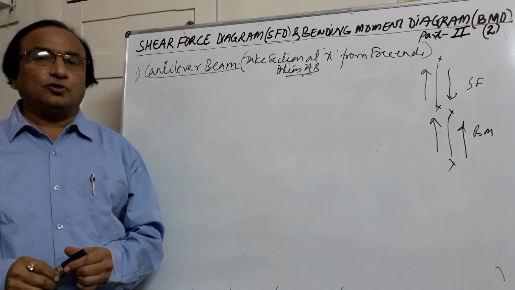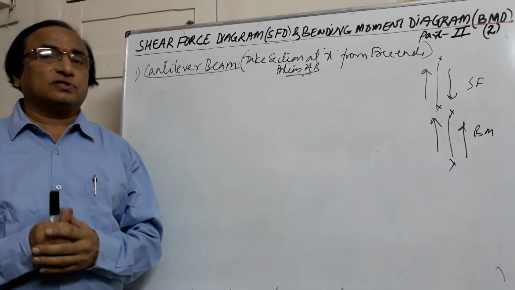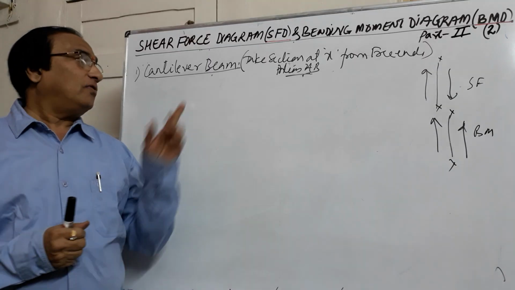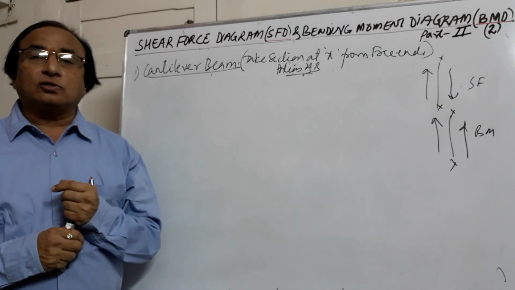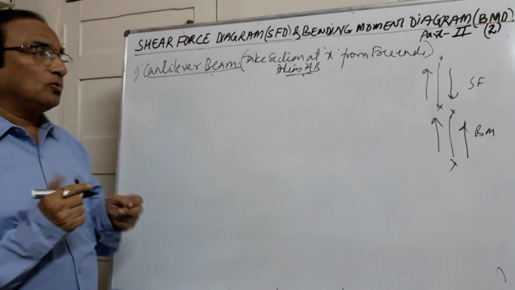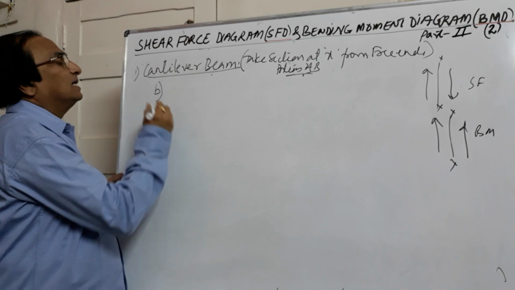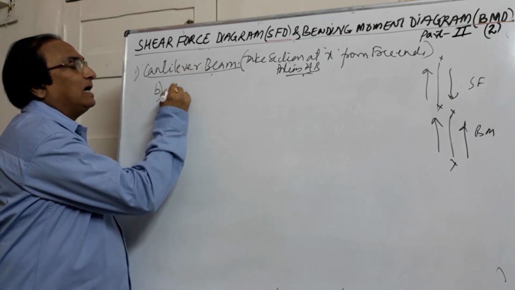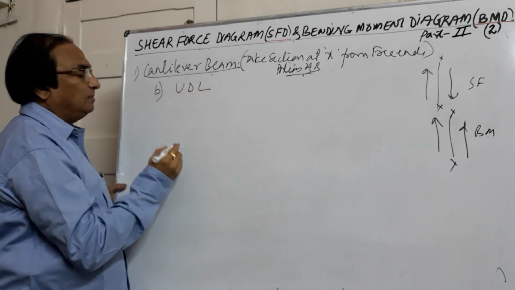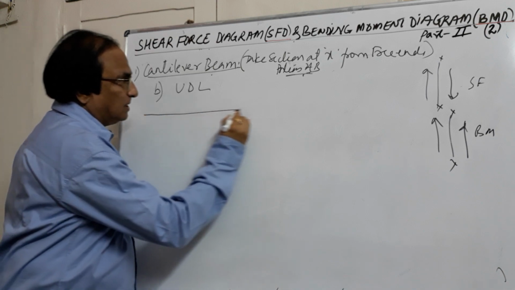In an earlier video, we have seen how to draw the shear force diagram and bending moment diagram for a cantilever beam carrying a concentrated load. Further, we will go today to the second case, when the cantilever beam carries a UDL, uniformly distributed load. If this is a cantilever beam,